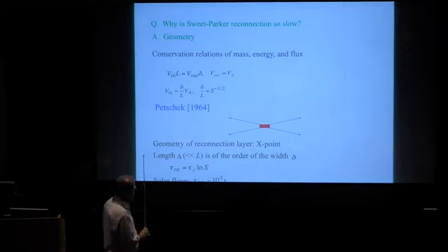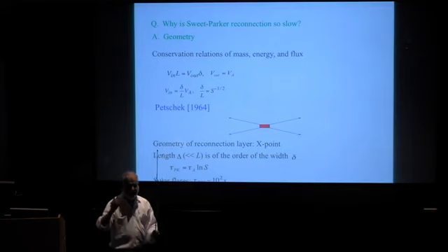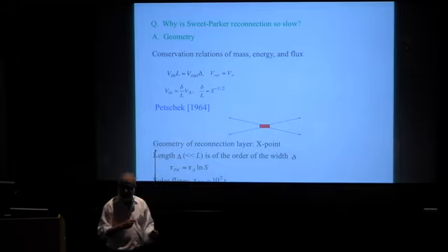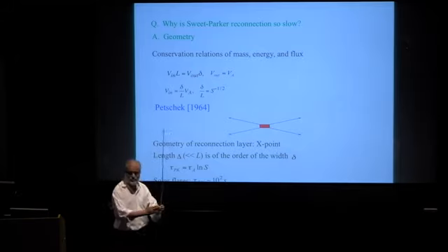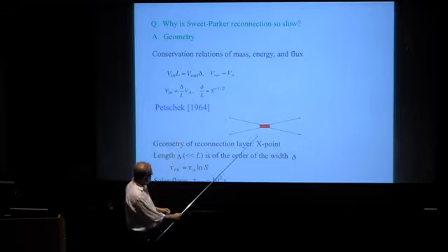So Petschek in 1964 said, you know what the problem is? He grasped the heart of the problem, but then he produced a wrong theory for it. But he grasped the heart of the problem. And I really want to give Petschek a lot of credit, because even though his theory was wrong, this insight persisted, and to this day is a correct insight, that if you want to get rapid reconnection, you need to take that current sheet and shrink it. Shrink it in such a way that delta over L becomes comparable.